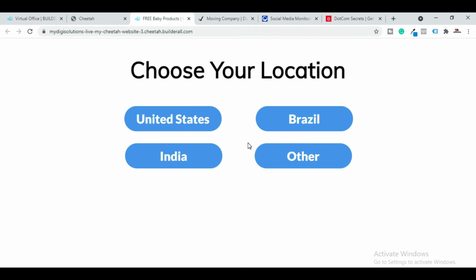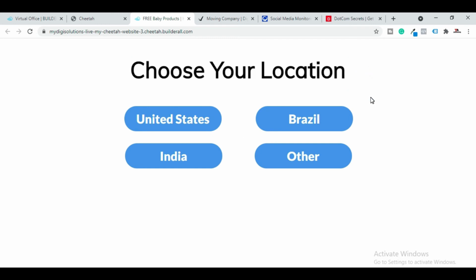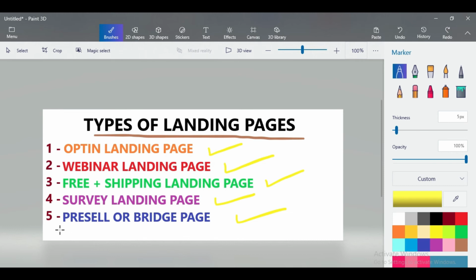And also if you want to create a very simple landing page, you can promote your offers on Google, Facebook or any other traffic source where you need a landing page. Without using a landing page you can't promote your offer, then in that case you can also go with this type of landing page. And now let's talk about the fifth and the last type of landing page.